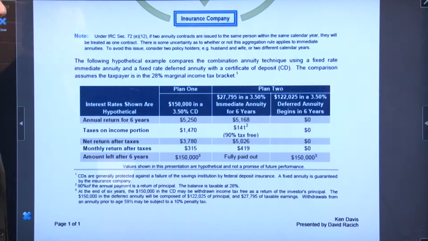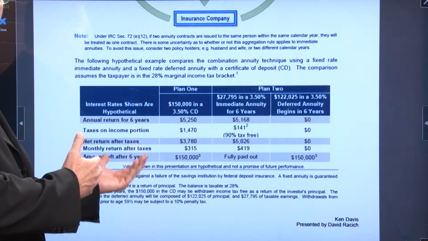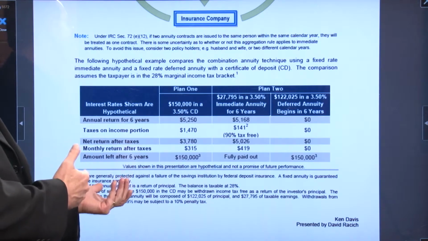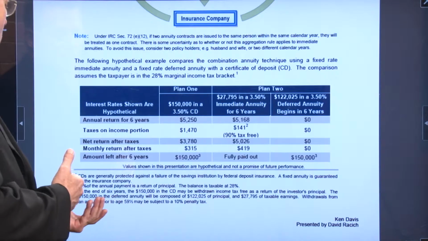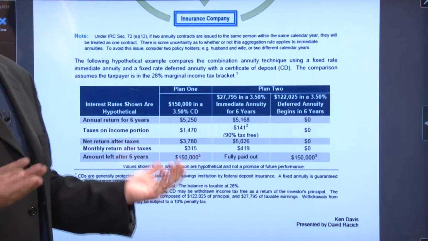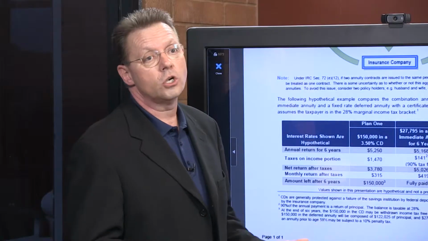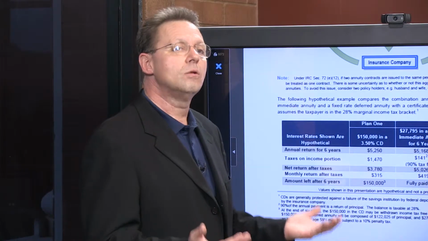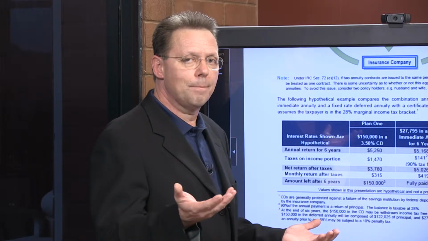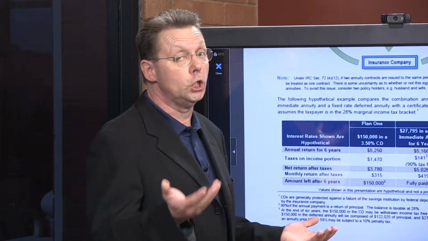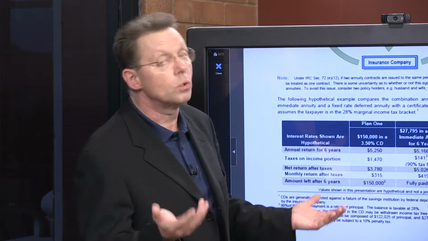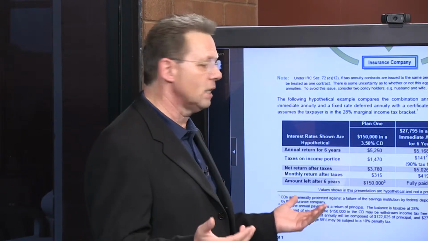So after 6 years, my amount left, the principal, remember we're only taking income, my principal is $150,000. There it is, and it's only guaranteed. Remember, the banks are only guaranteed as good as the guaranteed fund with the FDIC. So when you look at the FDIC, you say, is that a good deal? And remember, ours is only as good as the strength of the carrier. So you're just going to have to determine, is this annuity contract backed up by a big carrier? And that's why due diligence, ratings and balance sheets can really matter on this. You want to be able to look at that.